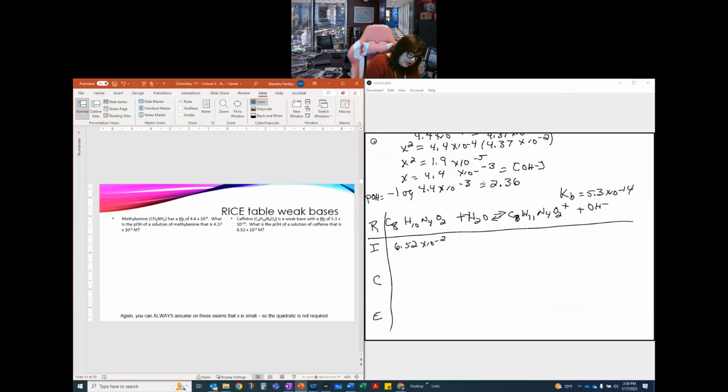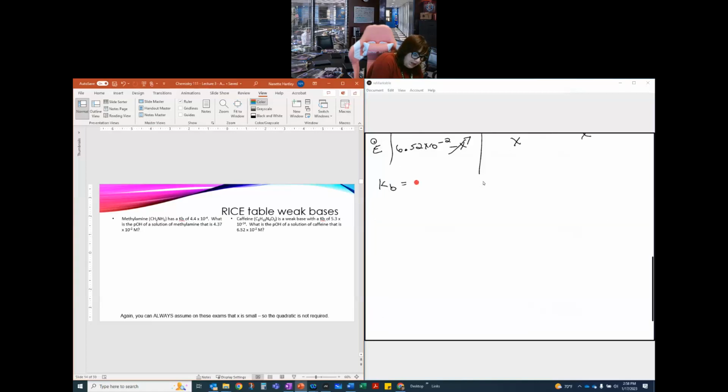I assume I have none of this and none of this. We'll subtract an X from my caffeine every time we do one of these reactions. We'll get a plus X for the protonated base and a plus X for the OH minus. Equilibrium is going to be 6.52 times 10 to the minus 2 minus X. We ignore the X. This is going to be an X, and this is going to be an X. And so my Kb